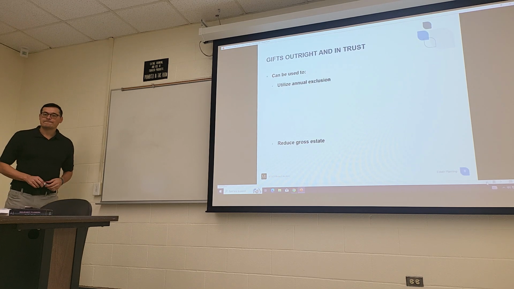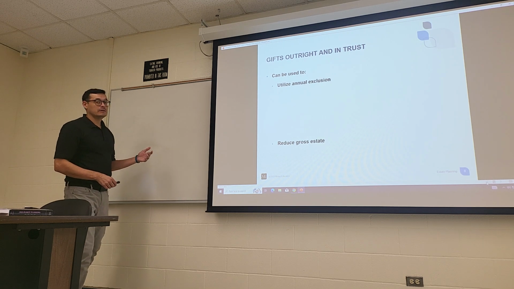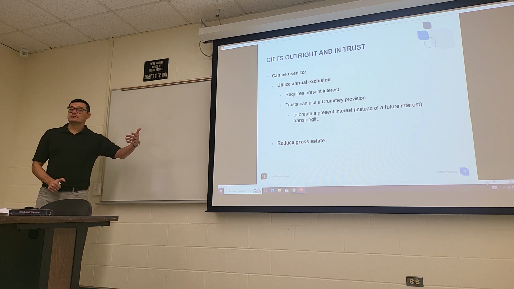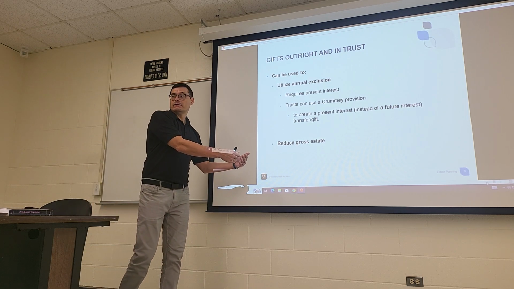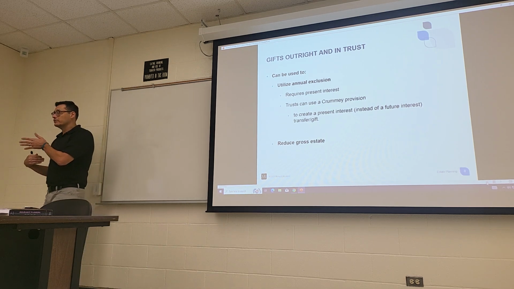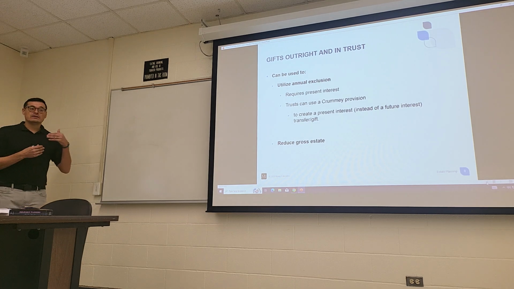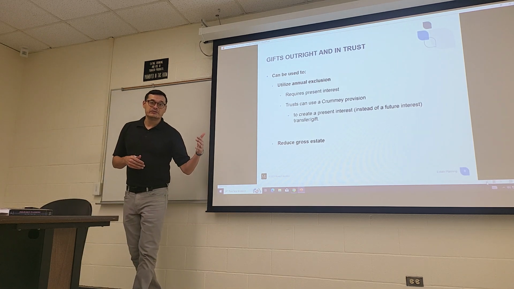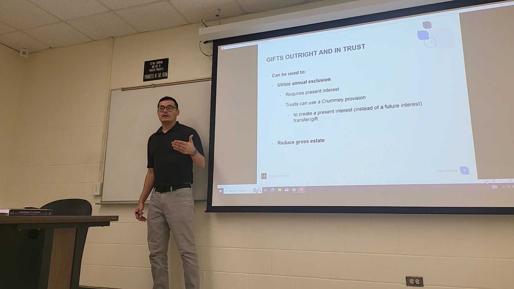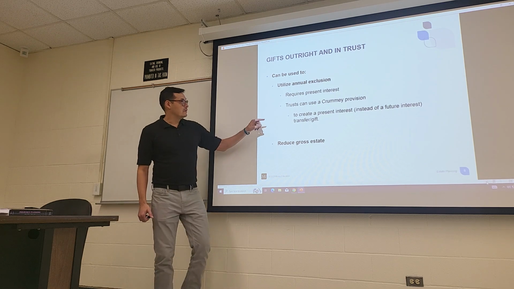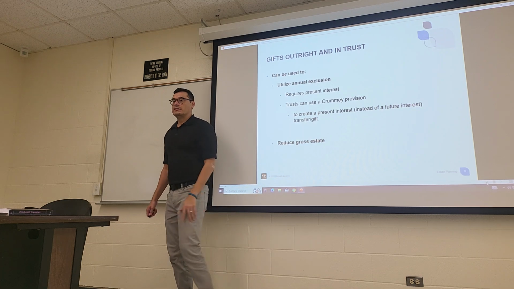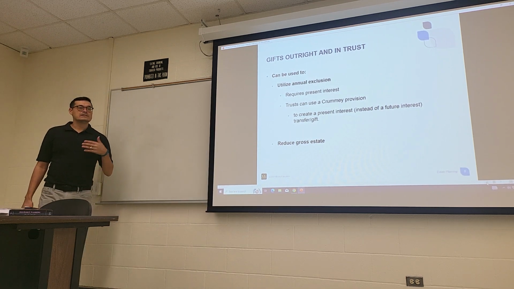Now, if we give outright, or we give into a trust, we can use the annual exclusion to remove assets out of our gross estate with no impact as a gift. And if we transfer a lot of money in there and they don't have a gift of present interest, you can use your current provision to begin to use these gifts of present interest over time. What that does is you should be putting these two together: the trust with the current provision and the annual exclusion. That way you remove the assets from your gross estate and it has no impact as a gift.